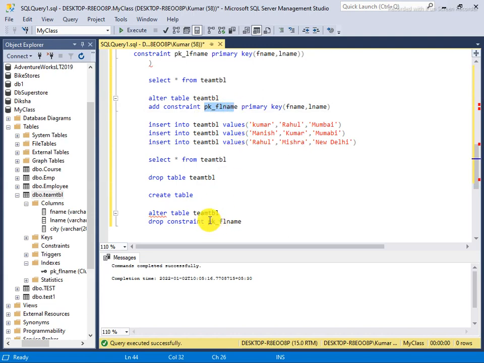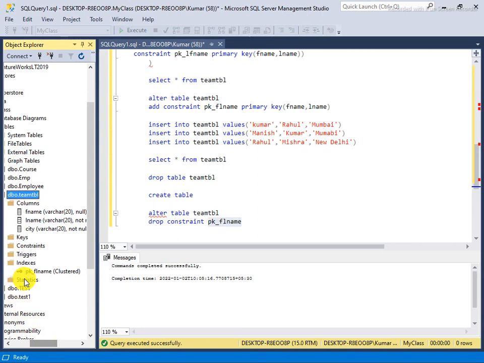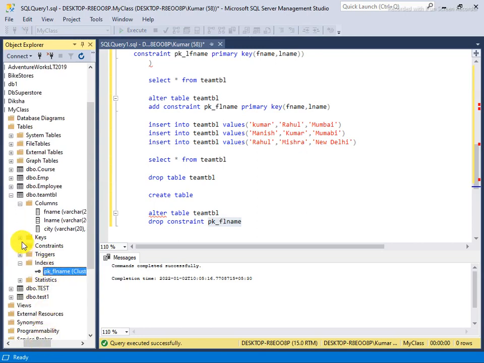If you do not give it a name, then it will generate a random name. If you look at the key, you can see that now I have dropped it, so it's not showing here. Otherwise it would show a key with a random name for the primary key.